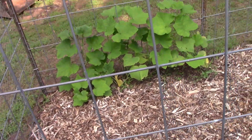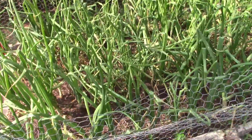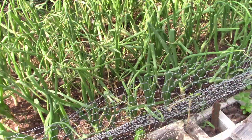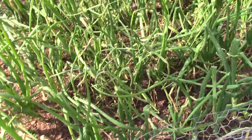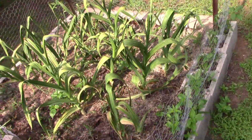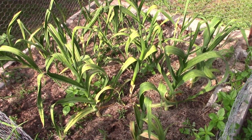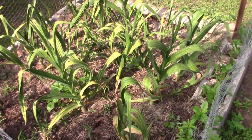No, we'll wait. All right, look at my second batch of onions. Now this one here I need to weed a little bit, but they are looking fantastic also. I mean, just looking great. Look at that. Look at my garlic. Absolutely great. And I got a feeling in another month I'll be pulling these babies out. Got some bigger weeds to get out of there, but